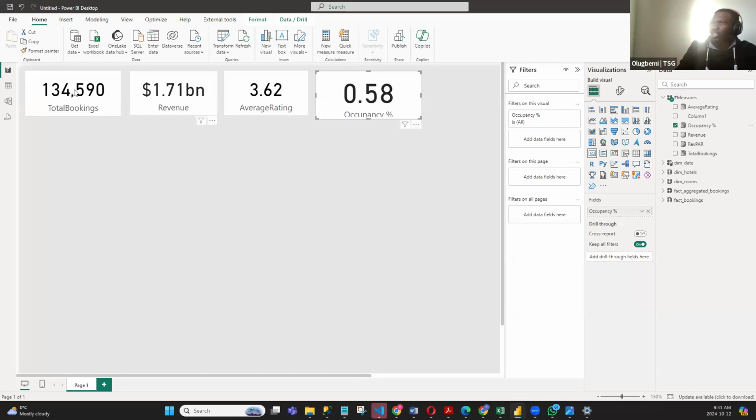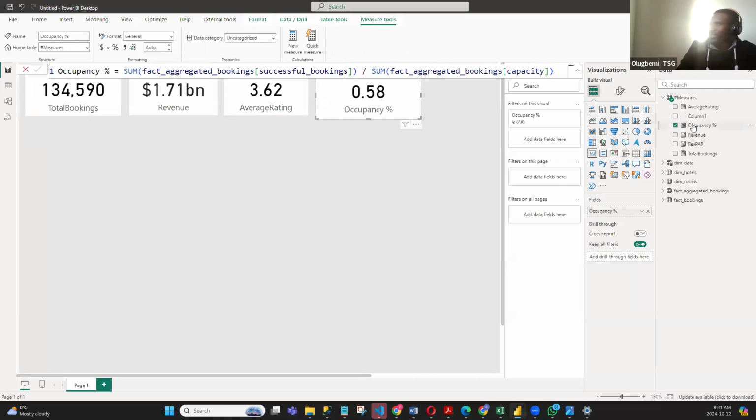0.58, but it's supposed to be in percentage. So let me use this. And let's change it to percentage. So you select the occupancy percent. And send it to,